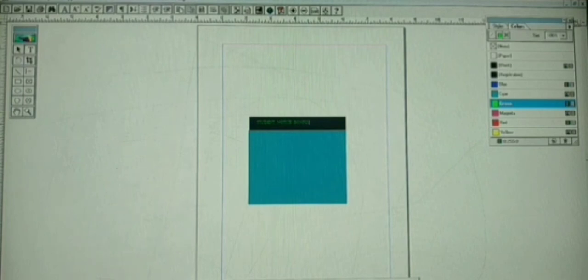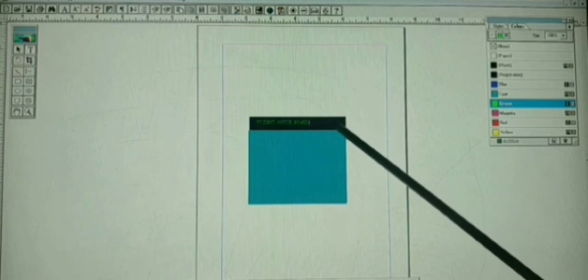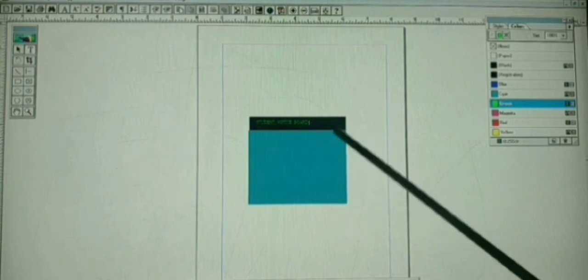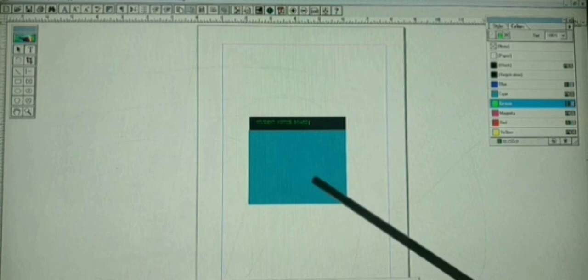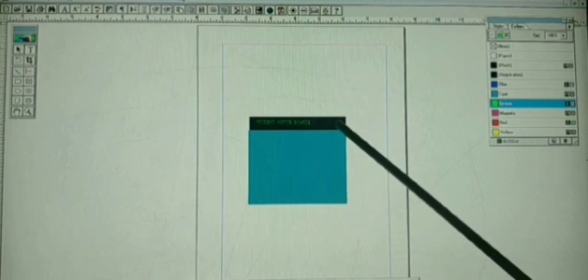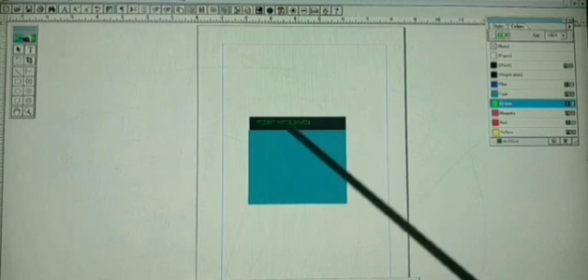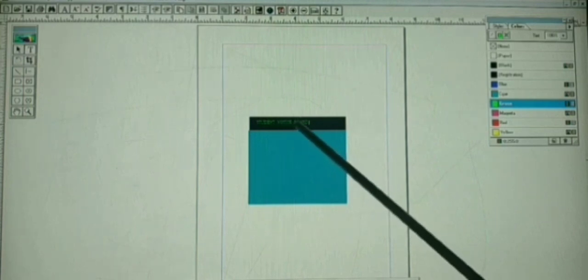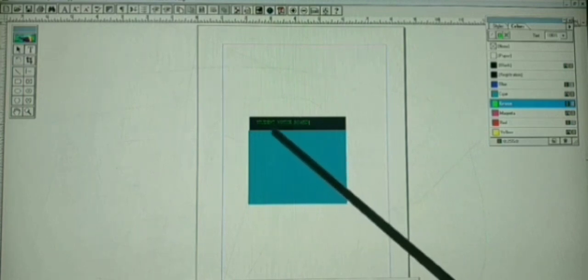Yes, clear? Yes, this is the way you are going to make your notice board. It is very simple. First you have to draw a rectangle, and next you are going to draw another rectangle. To differentiate them, you are going to fill this one with cyan color and this one with black color. Next you have started typing, and to make the text stand out, you have changed the color of the text. So it is your student notice board.